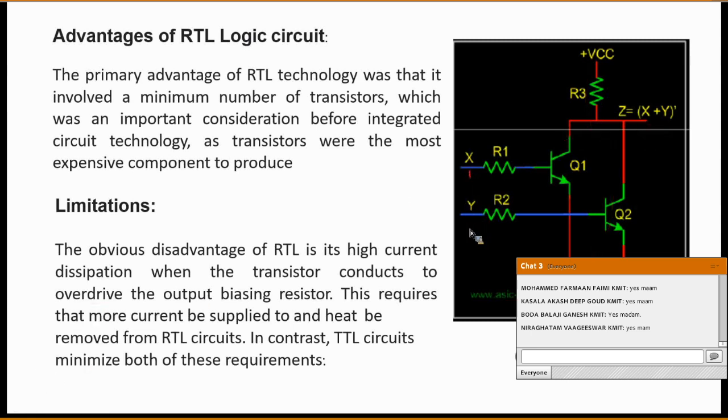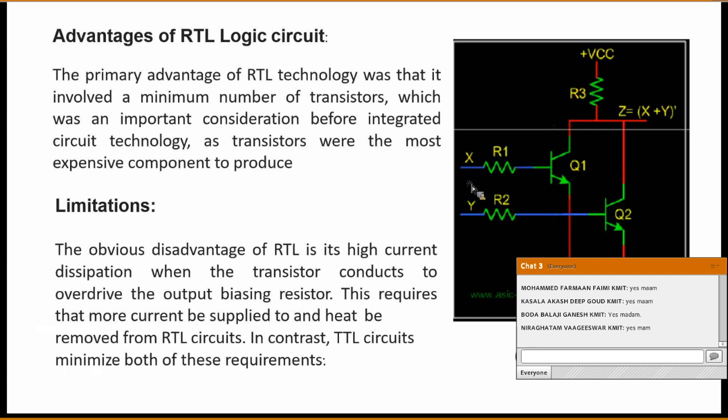And next case, for 1 and 0, also the same thing happens. This transistor will be off and this transistor is conducting, and the current will be flowing through R3 and Q1 to ground. Since output is also taken from the collector of Q1, output is equal to VCE SAT. So it is approximately equal to 0.